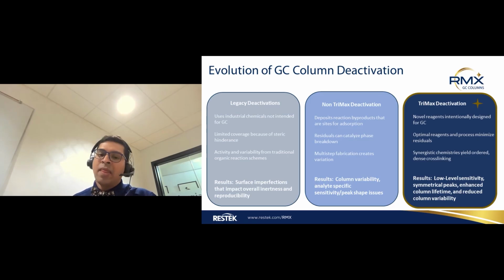And also, there are spots for adsorption of analyte. Here as well, the results are bad peak shape, column variability from one column to another, sensitivity issues, and peak shape issues. Again, at this stage, we were talking about more of a higher ppb level detection.